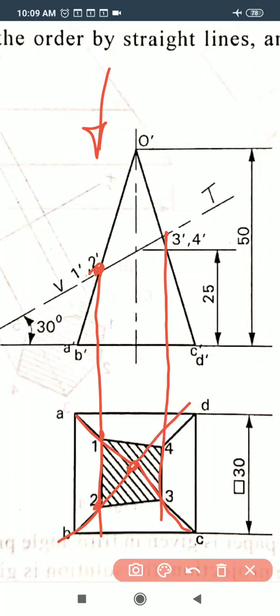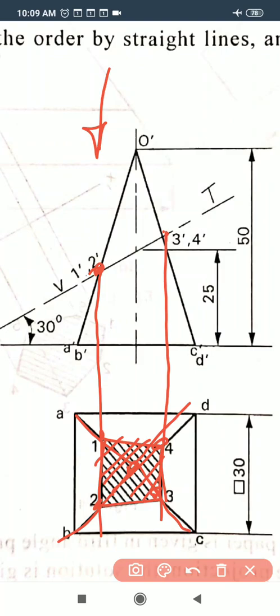So on this O to C, the third line is considered, and O to D, the fourth point is considered. So just join 1 to 2, 2 to 3, 3 to 4 and 4 to 1. So this is the sectional top view. So the sectional top view is considered